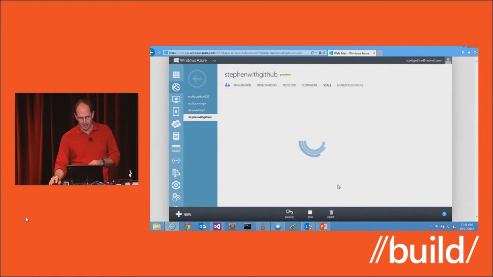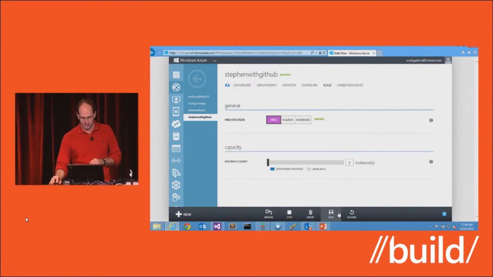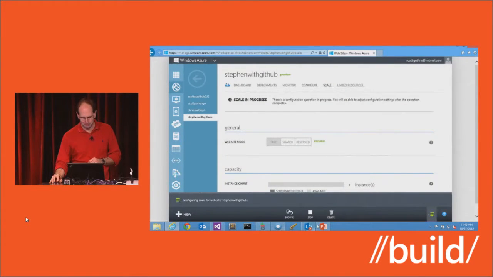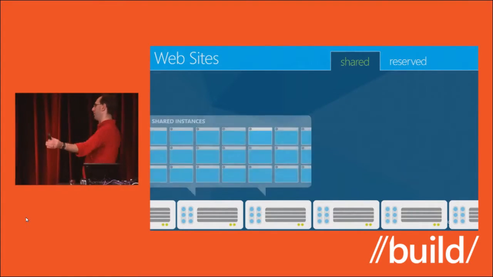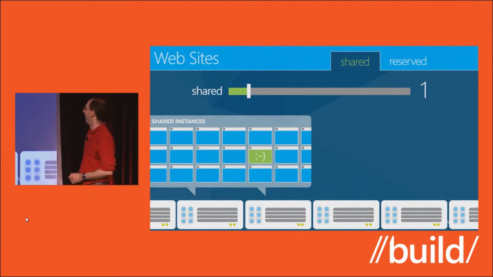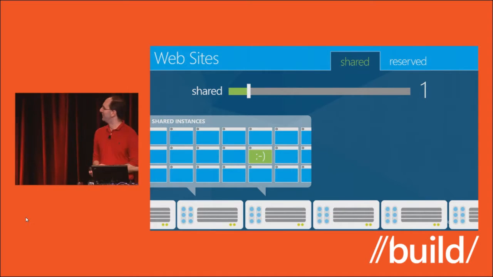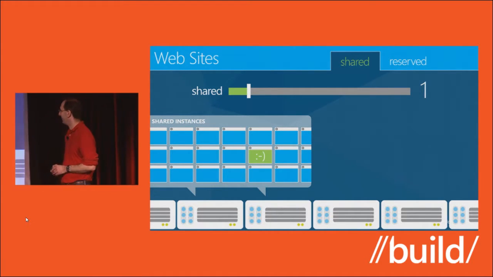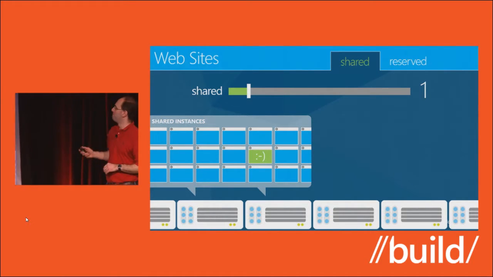Just so that I can both show the coolness of scaling down and not forget about it and actually get hit by the credit card, I'm going to scale it back down. I once literally did a demo where I highlighted that you can create hundreds of instances, did it, walked off stage and forgot, and got that credit card bill next week, and I was like, ooh, yep, okay, let's go fix that. So that's why I try not to do more than 20 instances at a time.